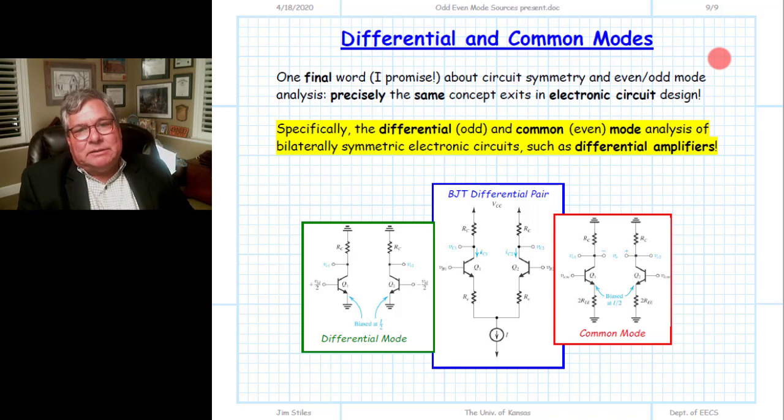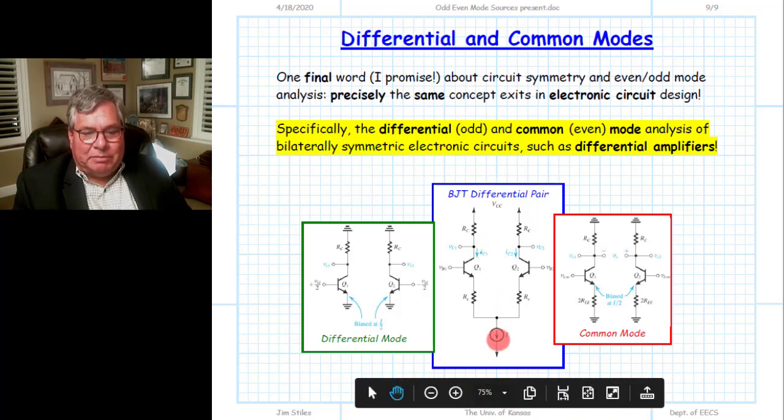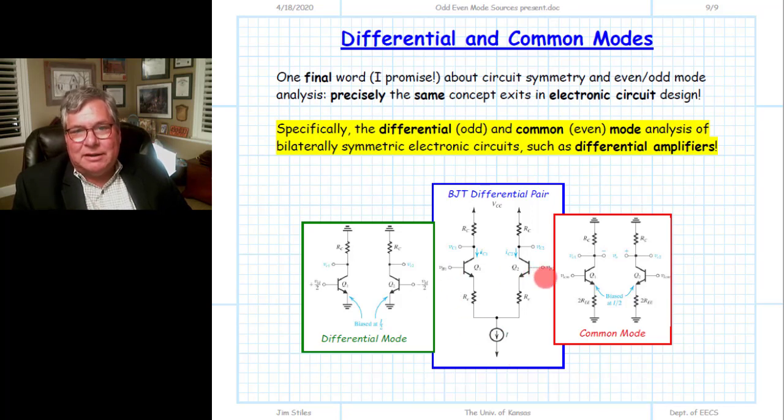It is most prevalent when we analyze differential amplifiers, differential pairs. Again, we have a plane of bilateral symmetry through the two-port device, the two-port being the differential amplifier. Most of the time we have different voltages on port 1 and port 2, but we can define them as